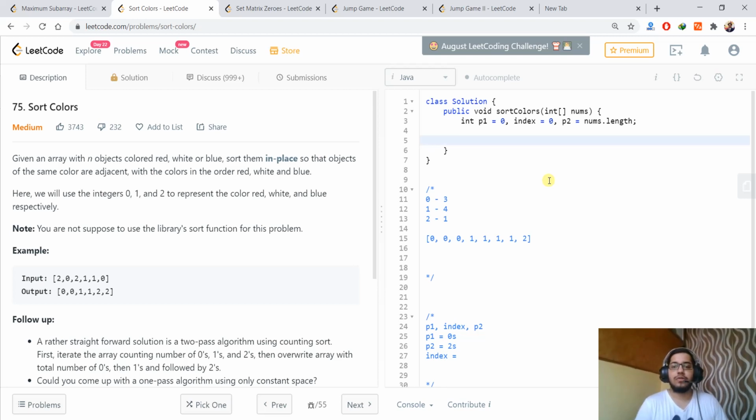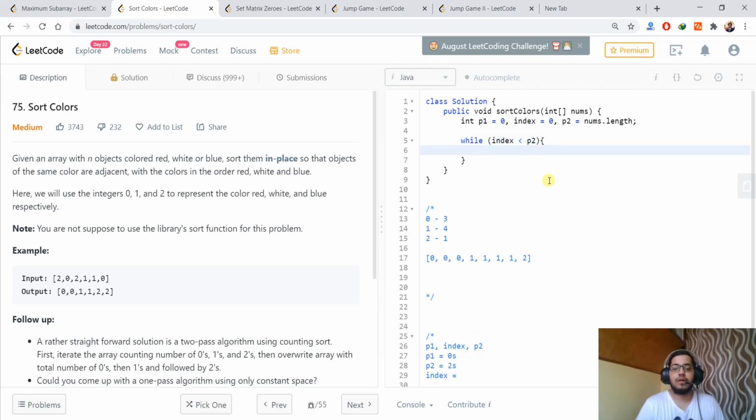We will iterate till the index is less than p2. Index will also start from 0, so index will cover all the zeros and all the ones, and when it reaches the 2 it will break.